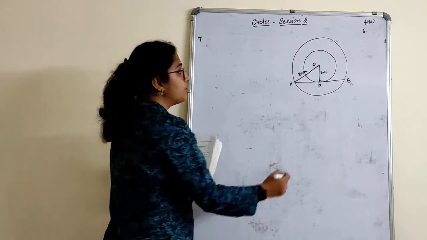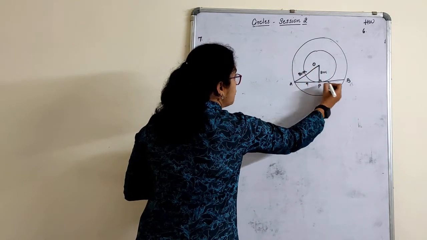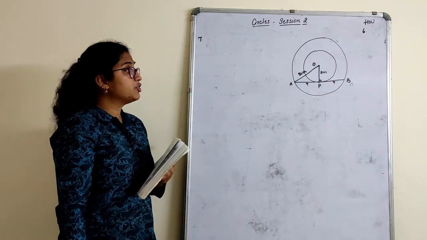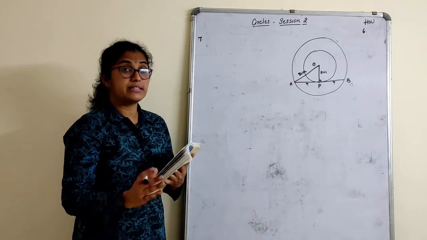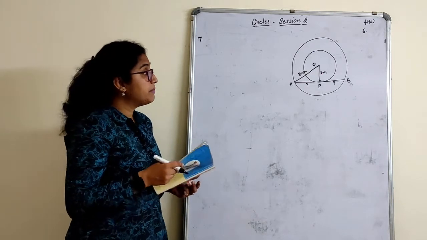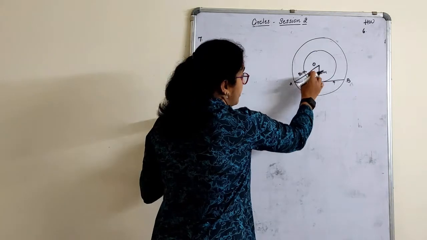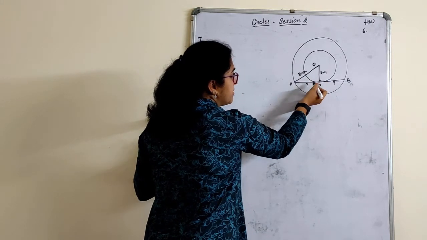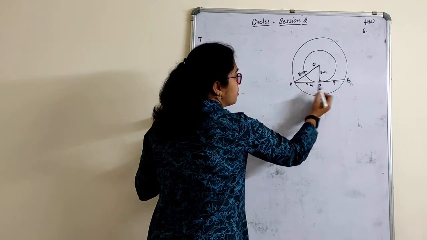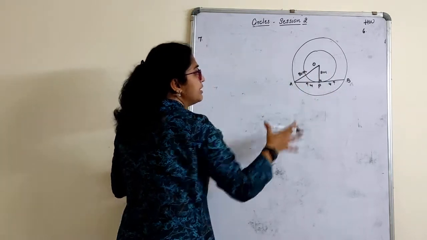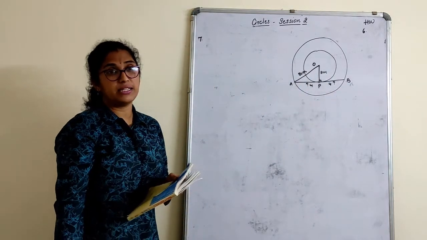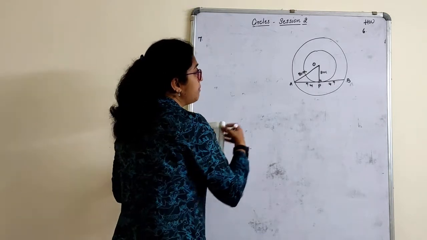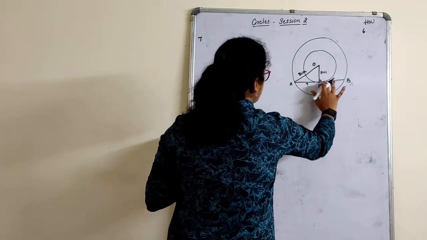Very clear it is? What do we have to find? We have to find the length of the chord. What is the theorem? Perpendicular drawn from the center to the chord bisects the chord. But here, using this triangle, we can find the length. How much is this? This is the hypotenuse, this is a radius and a side. It has to be 4. This also has to be 4. Length of the chord is 8 cm. Only we could do this. Right? We will solve. Figure is very important, what you have to draw.